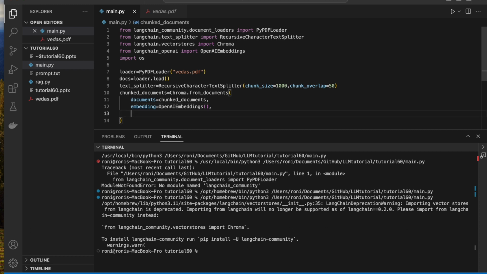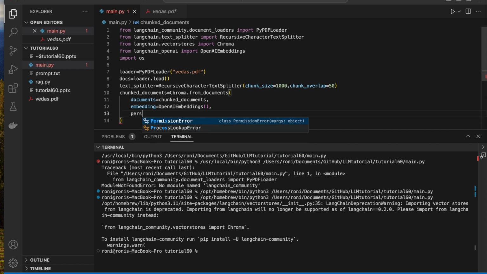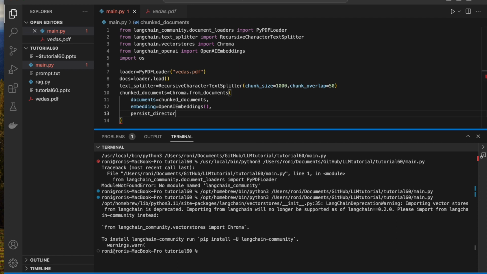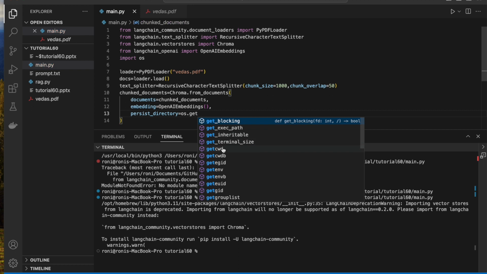And then the next thing will be persist_directory equals os.getcwd()